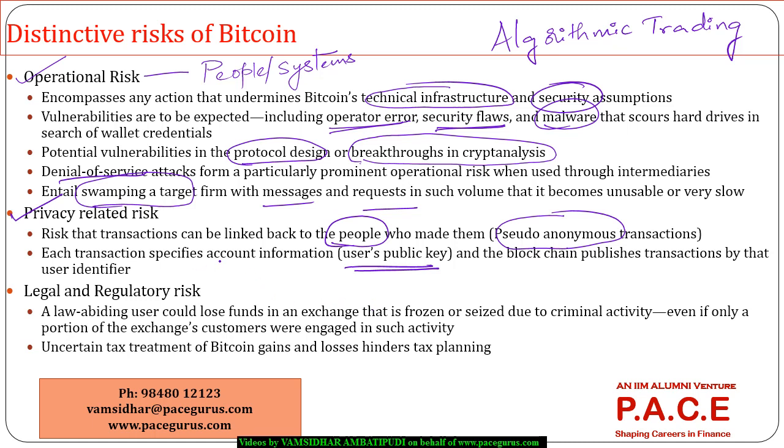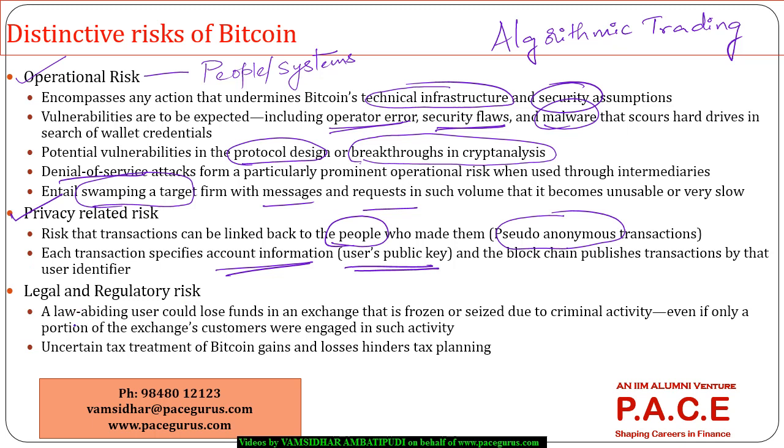There is a specific mention about the account information in each transaction, and what are all the transactions that are done by that particular user are very clearly published, which is an indication that you can very well know all the transactions that have been executed by a particular user. So the privacy of that particular user is not protected. So even those kind of risks are very much